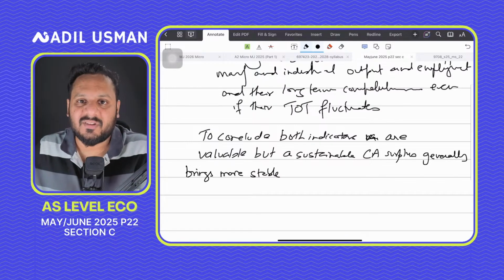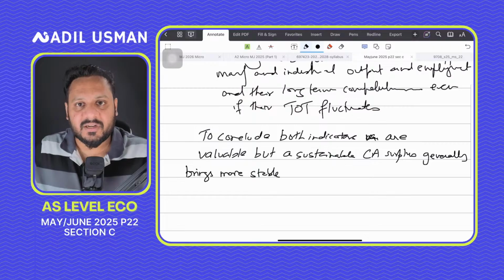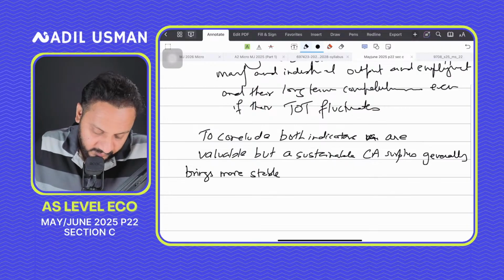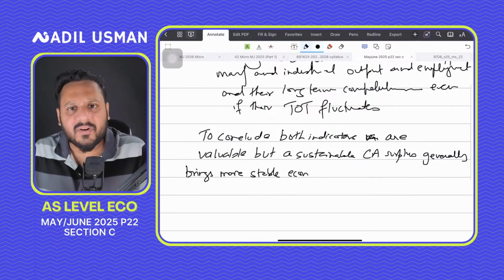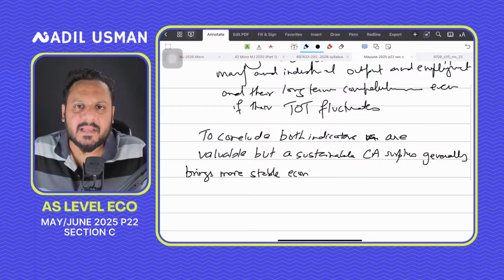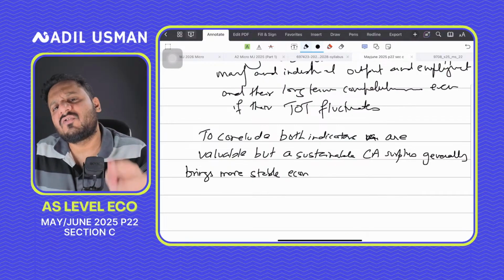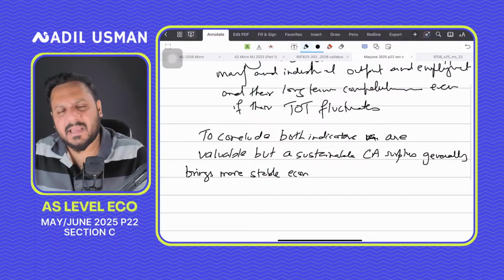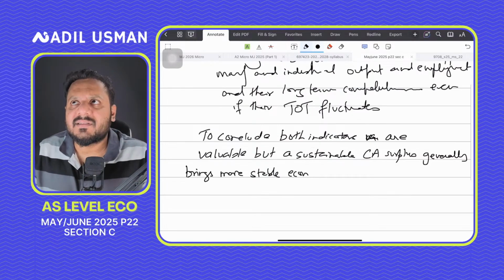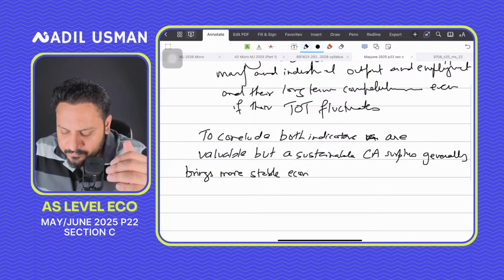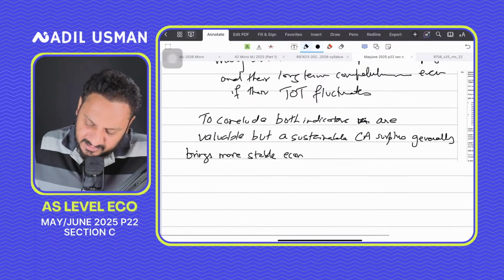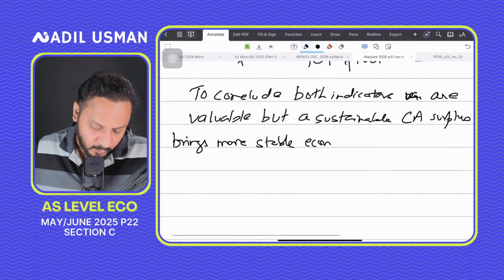Obviously, the current account itself is a huge indicator, and more stable. Terms of trade improvement is not a very stable indicator, because if terms of trade is improving due to strong demand for exports, then that is fine. But if it is improving because of inflationary pressures, then no. A sustainable current account balance generally brings more stable